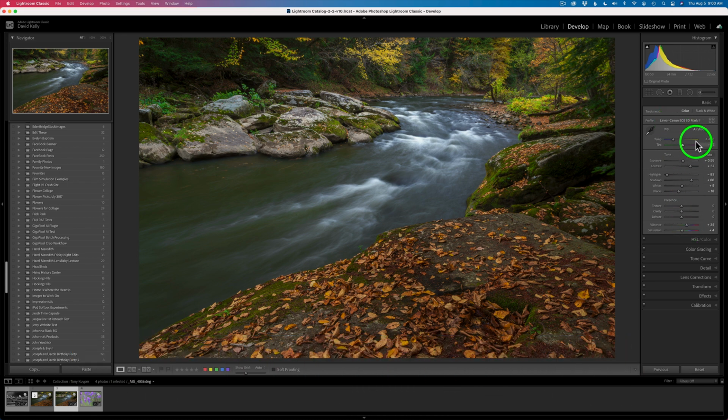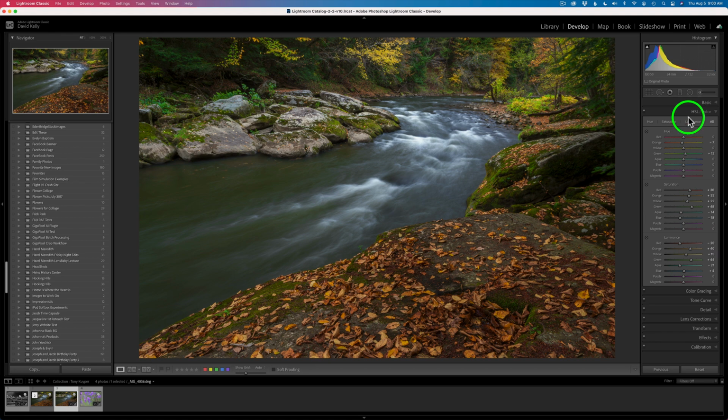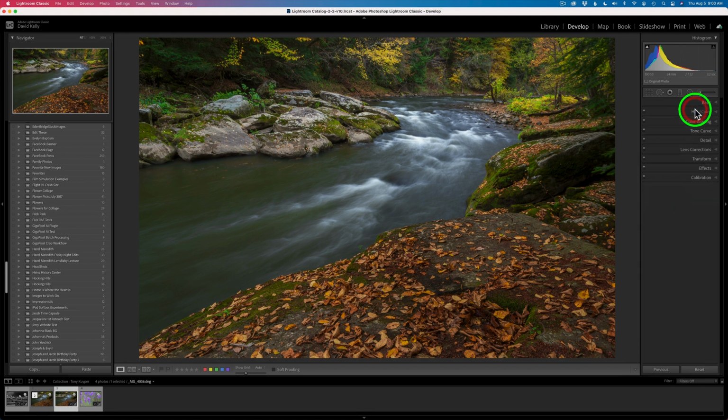But here's all my adjustments here, my basic adjustments. And then I opened up the HSL color tab and went ahead and tweaked up all my colors. And I highly recommend that you do that. I find that you'll get much better results when you take that care. And of course, I've applied no noise reduction or sharpening, and I've enabled my lens corrections and removed chromatic aberrations like I always do. And now I'm ready to send this into Photoshop, and I'll show you my new workflow